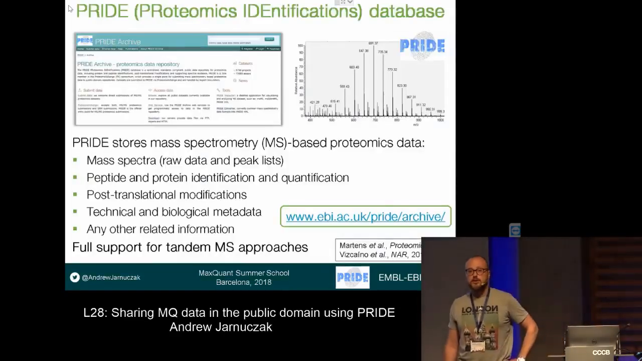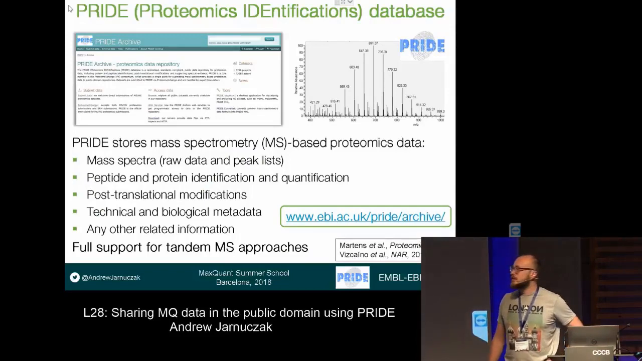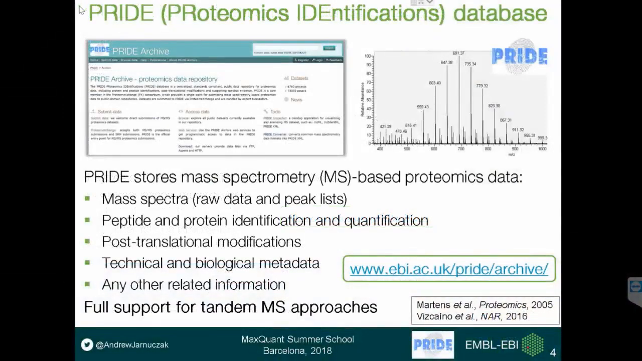For those of you who don't know, PRIDE stands for PRoteomics IDEntifications database. It's a leading database and archive for storing MS-based proteomics data. So we store raw data, peptide and protein identification and quantification, virtually any type of information related to your experiments that you would want to archive. I should mention that we are primarily geared up to support tandem mass spectrometry approaches. So if you're talking about SRM, for example, of targeted, there are other databases that will handle your data better